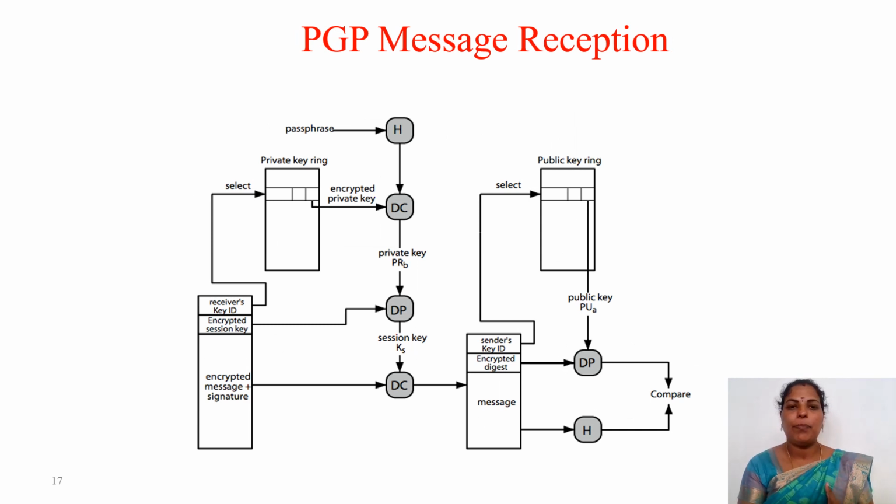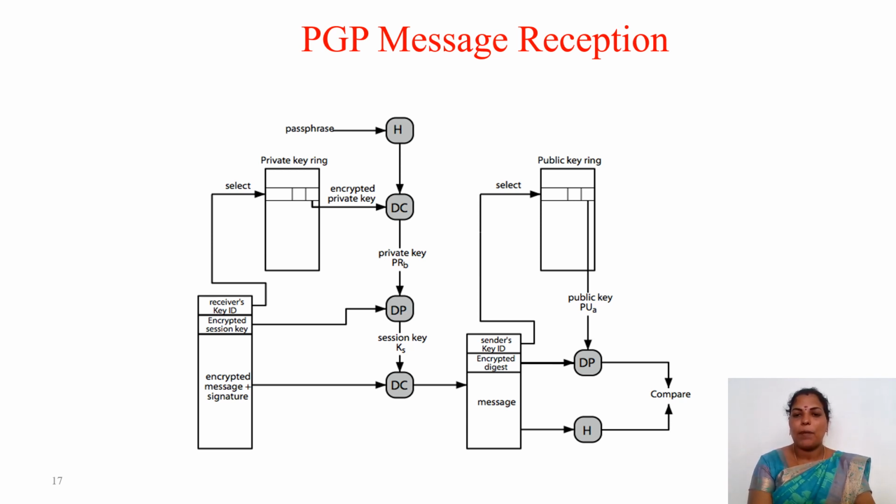So in the reception part, see here, the passphrase is also there. The hash of the passphrase is generated. Whatever things, the receiver's ID, encrypted session key, these three things concatenated, were given as output in the previous slide. So: message, receiver's key ID, encrypted session key, and encrypted message plus signature. Each of them is passed on to different blocks and extracted, and we finally get the